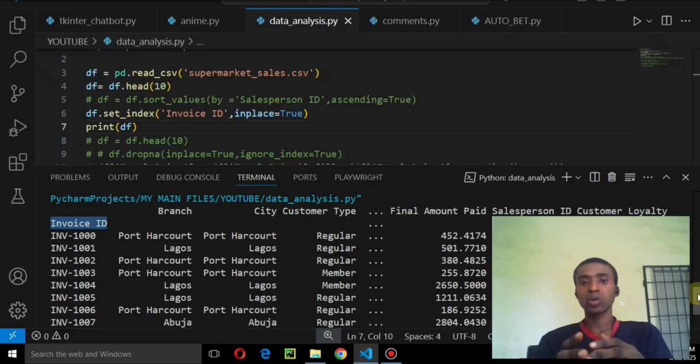So in our next video, what we are going to do is look at how to change this invoice ID name. We want to give it a different name, maybe an index name, to change the name to become what we want it to be, because invoice ID still kind of makes sense. But in the next video, we are going to do something like changing the name of a particular column. So that's what we want to be doing in the next video. So I'll be happy to